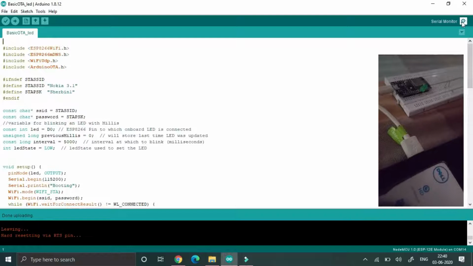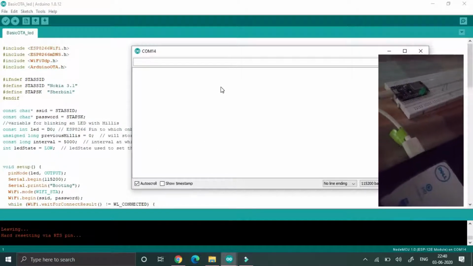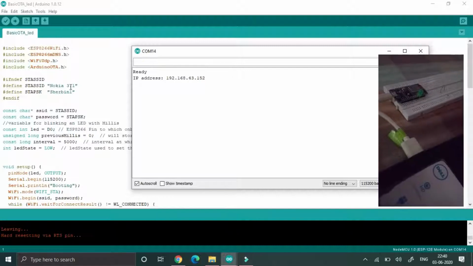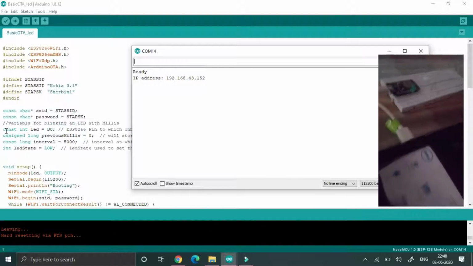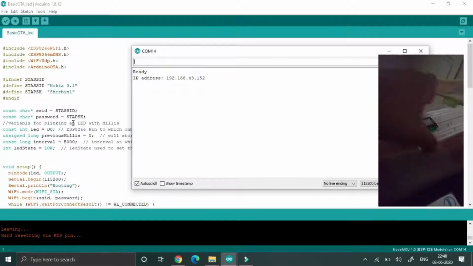Just go to the serial monitor and the IP address will be provided by the local host. Then just save this IP address. Then afterwards, just remove that NodeMCU from our laptop.